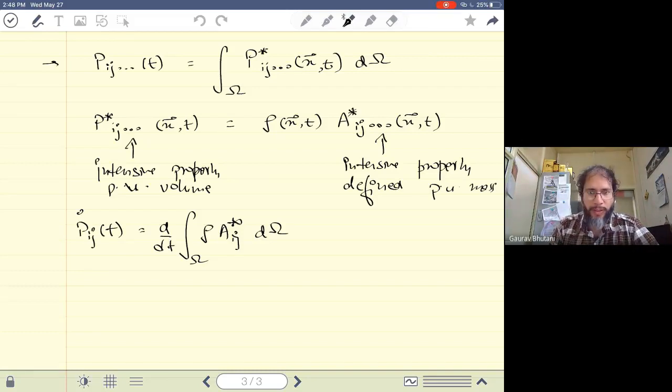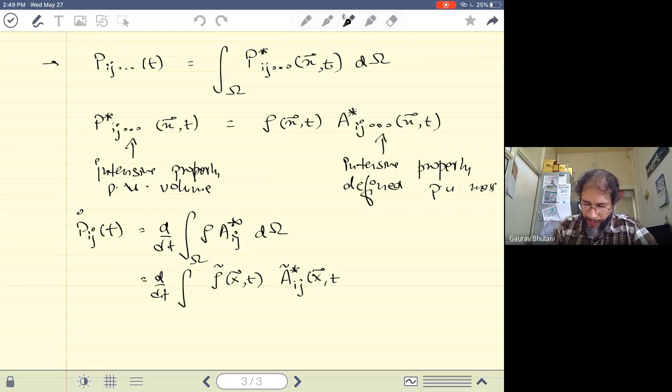All right, so we use the same strategy as we had done earlier to move the d by dt, the material derivative, inside the integral. We will transform the integral to the reference or Lagrangian coordinates. So this becomes rho tilde, which is now a function of capital X and t. We simply applied the transformation from small x to capital X, so rho becomes rho tilde. It's a different function. Similarly, our A star becomes A star tilde,